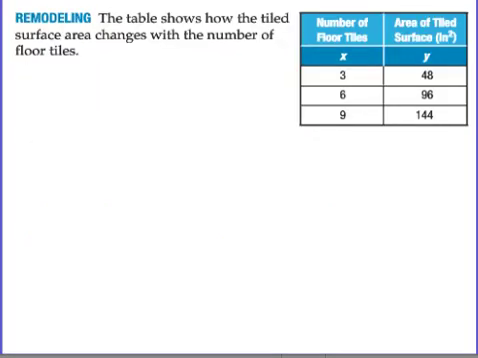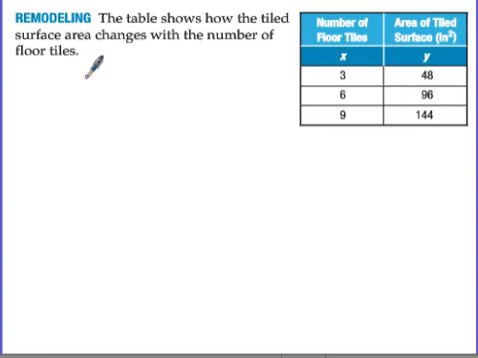So the next example, the table shows how the tiled surface area changes with the number of floor tiles. As you're laying tiles down in the kitchen or the bathroom or whatever, the amount of space that is tiled changes the more tiles you lay down, right? Okay, so